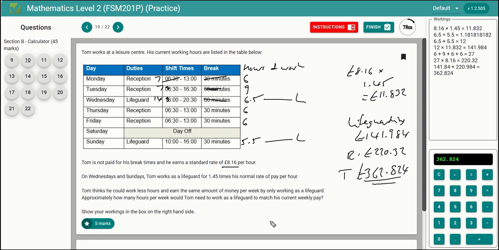So how many hours would he need to work as a lifeguard to match his current weekly pay? Well, we know that when he works as a lifeguard, he earns this amount here. So how many 11.832s go into 362.824? Well, what we need to do is this amount here divided by his hourly rate. Okay, so let's grab the calculator again. So 362.824 divided by 11.832, and that comes to